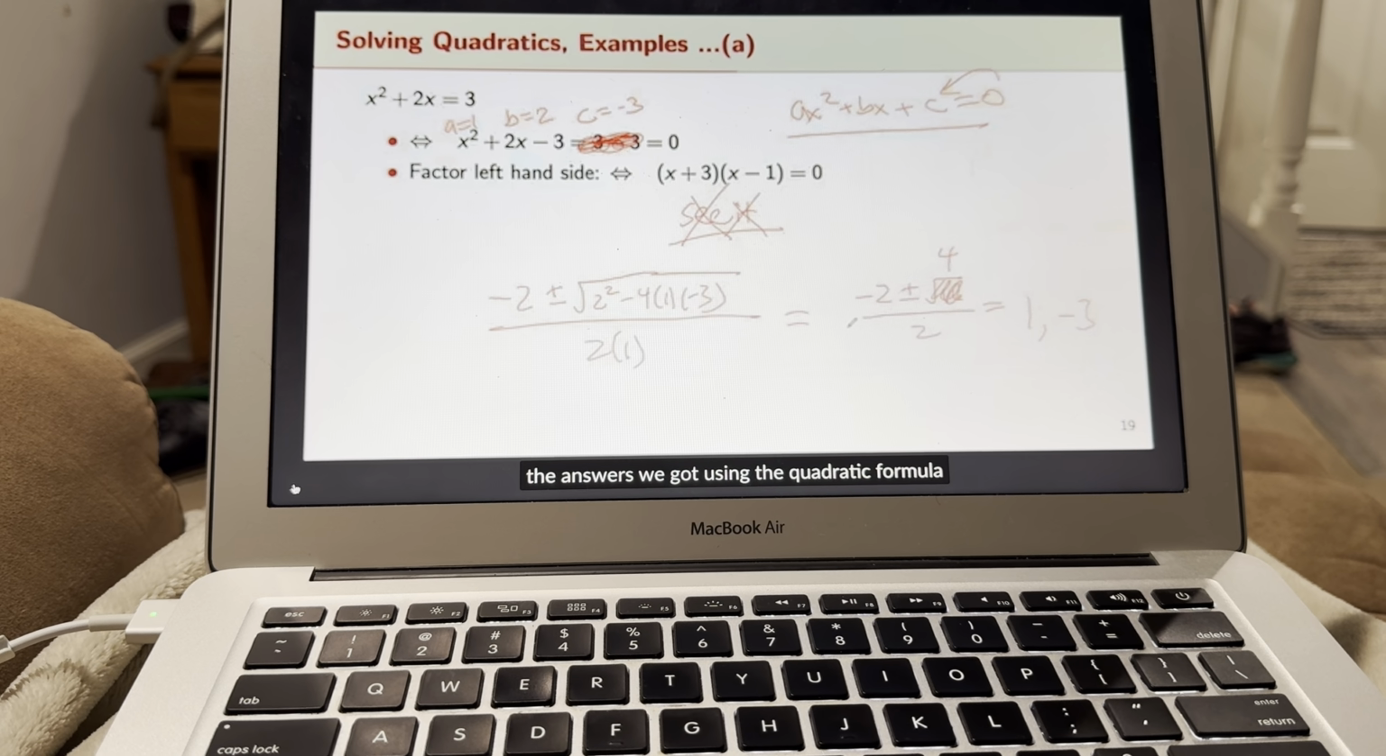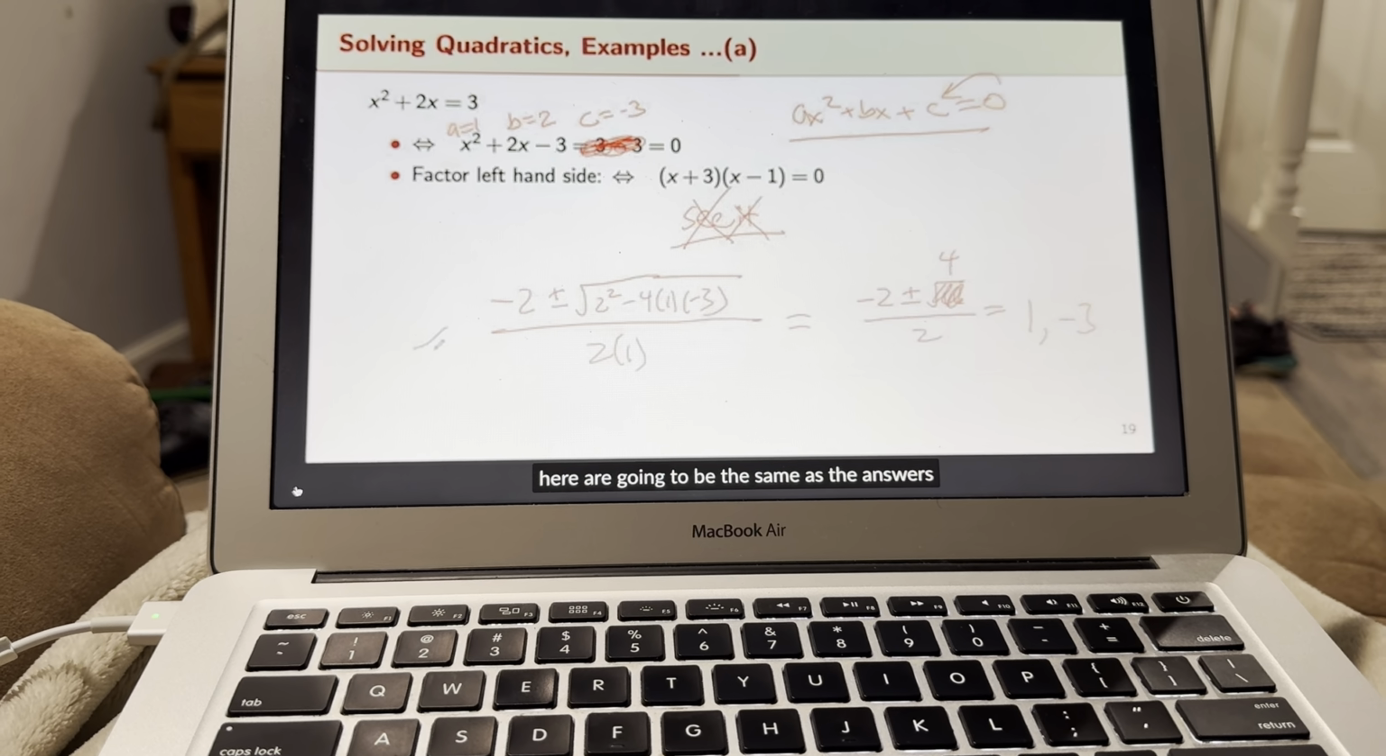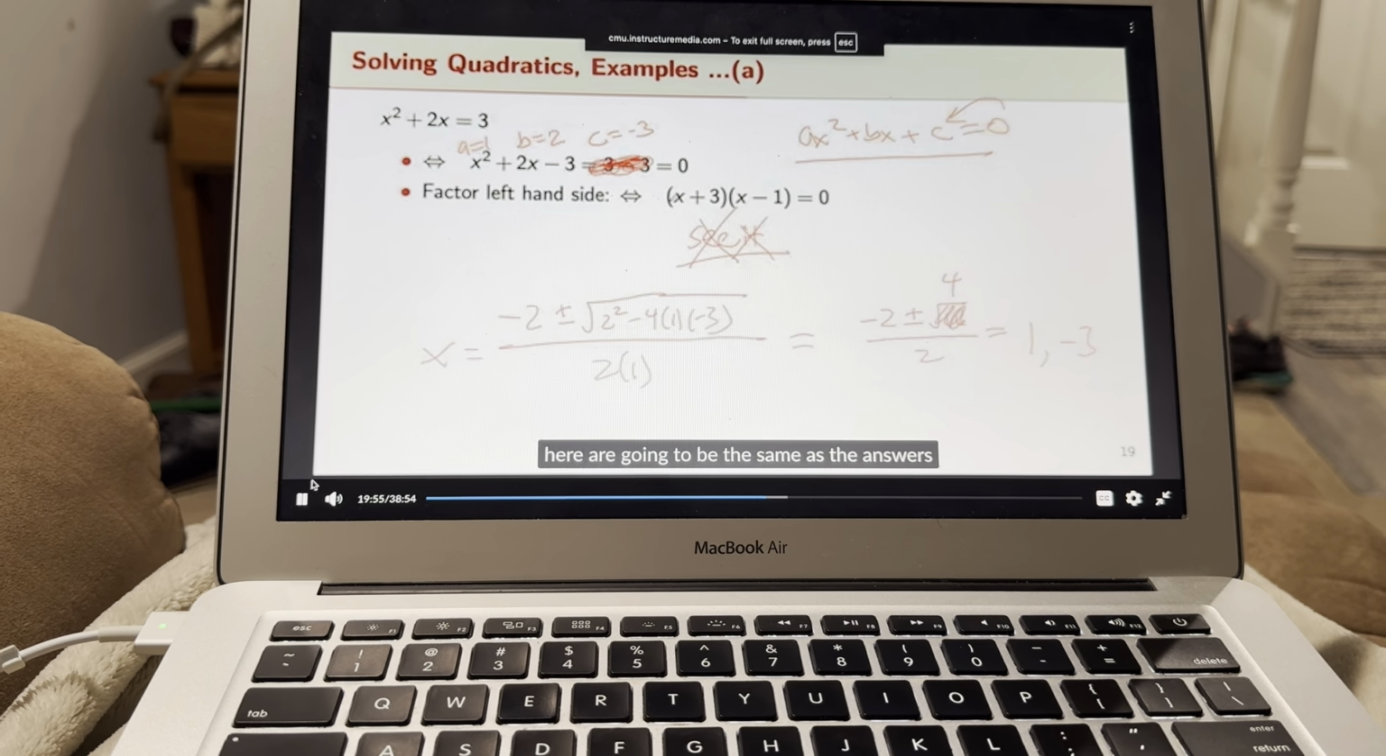Now you're going to see that the answers we got using the quadratic formula here are going to be the same as the answers we're going to get